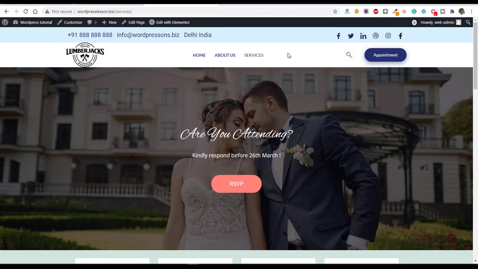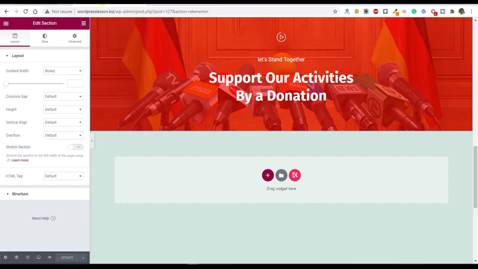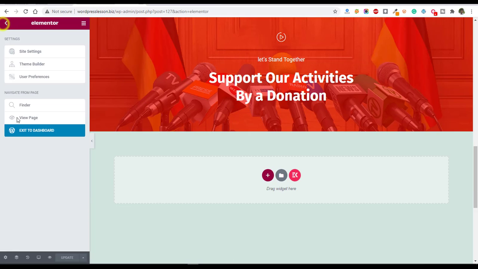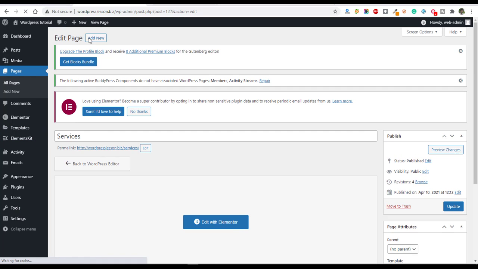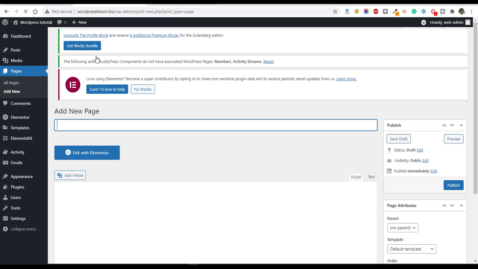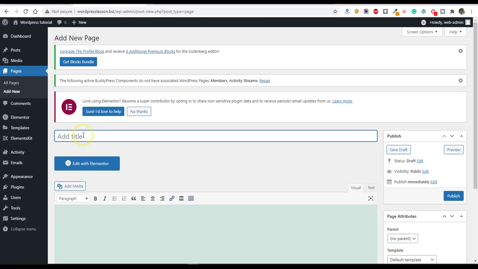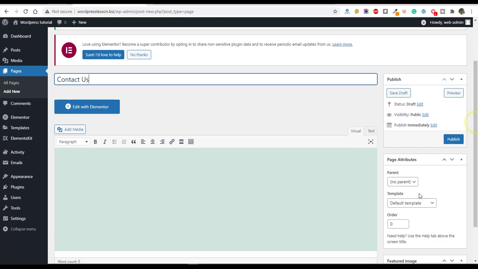Now we are going to create a contact us option. Again go to the dashboard and create a new page, Add New, and write Contact Us, make it Elementor full width, then publish.